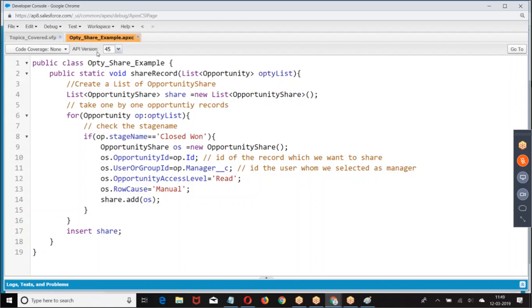Then how do you call this? Before or after? Is it a before trigger or after trigger? Why after trigger? Because I have to give the ID of the record which you want to share.